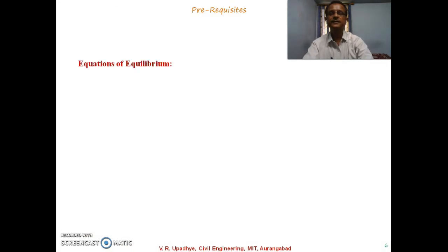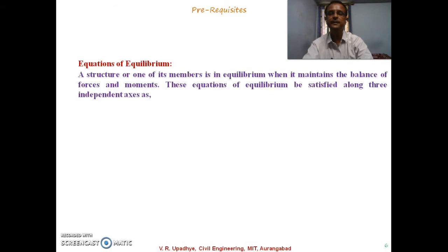So further we will discuss equations of equilibrium that we have already discussed in engineering mechanics. A structure or one of its members is in equilibrium when it maintains the balance of forces and moments due to forces. These equations of equilibrium must be satisfied along the three independent axes: summation of forces in x direction equal to 0, summation of Fy equal to 0, and summation of Fz equal to 0. And so also the moments about x, about y-axis and about z-axis due to the applied forces must be equal